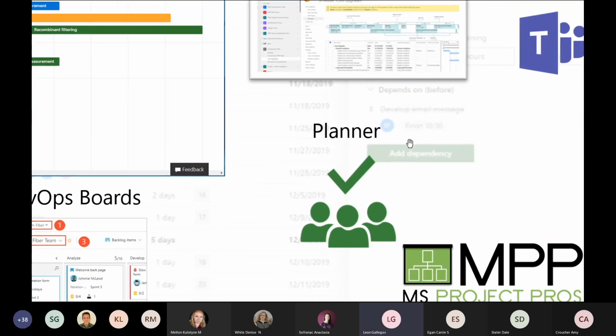Planner is part of this overall solution. We like Planner because it is a little bit more open for guest access. So whenever there is a need to have non-employee resources getting access to project information, Planner can work very well. And Planner also has connectivity back to Project Online and specifically Project on the desktop.